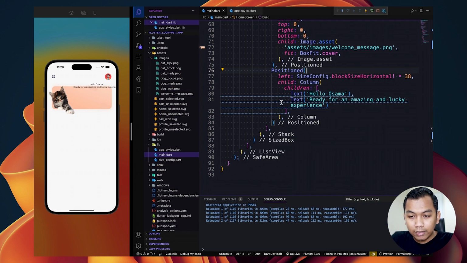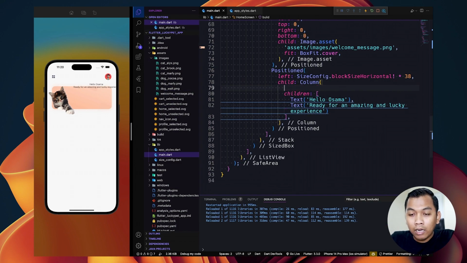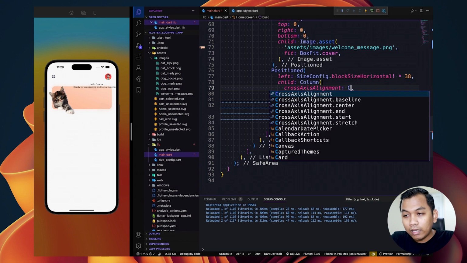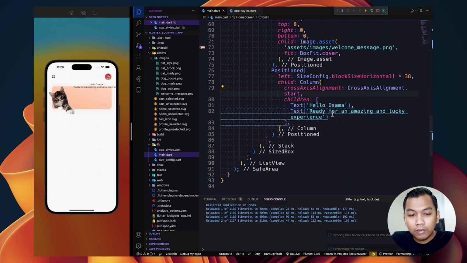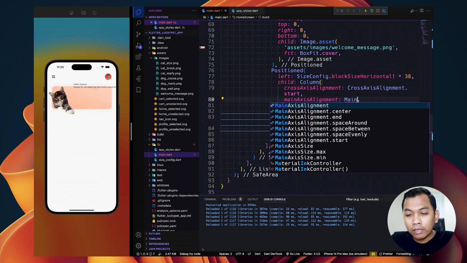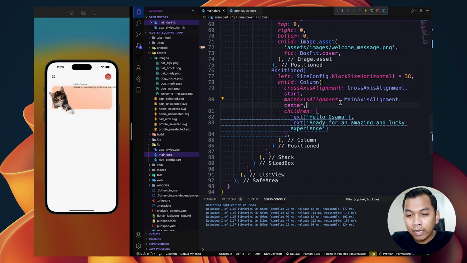Look like this. By default, the column widget will be centered, so we need to say cross axis alignment to be start, to align on the left. To make sure the content inside this column will be centered, we can use main axis alignment to be center.